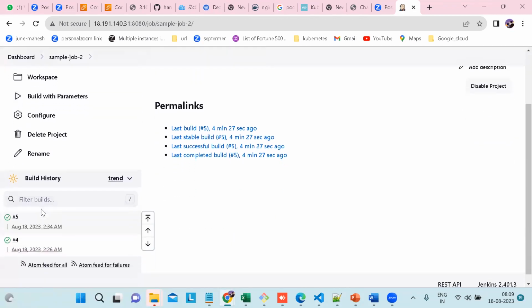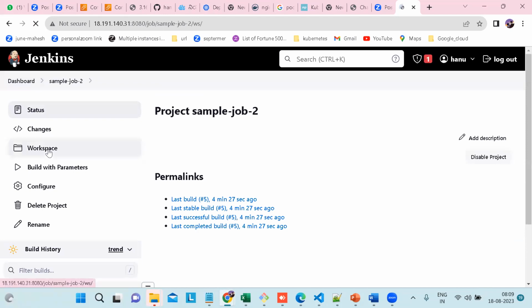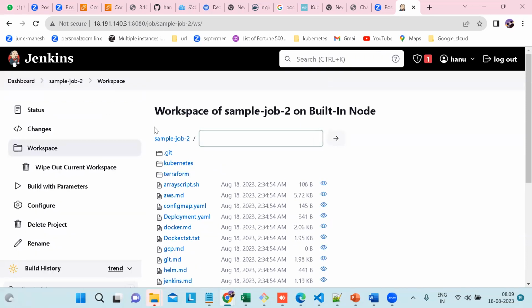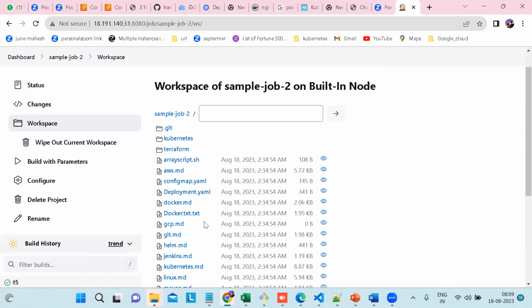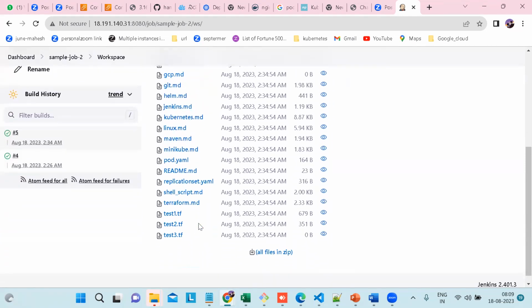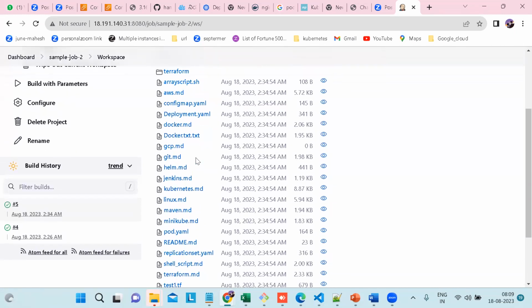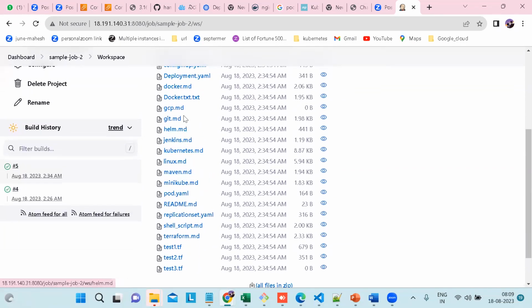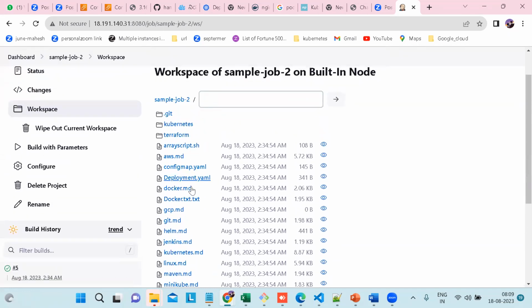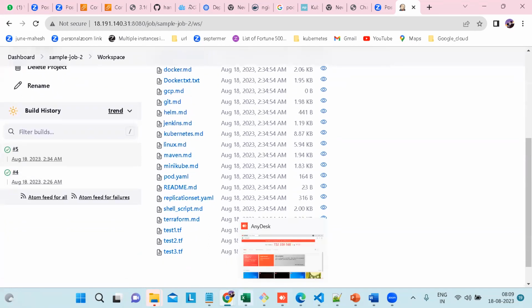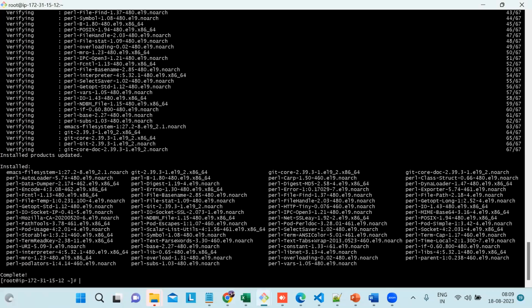Here, if you go to any job, the workspace is there. In the workspace, it will download all your files. If you observe in the workspace of sample job 2, it will download test1.tf, test2.tf, jenkins.md, all those things from GitHub. You can see them here, or otherwise, if you log into the server,